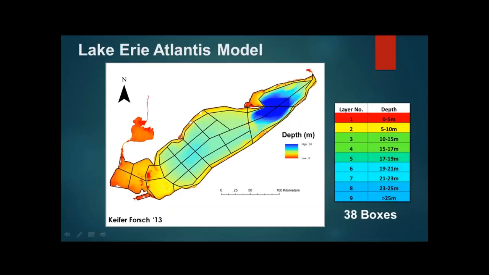This is the map that Atlantis uses for Lake Erie. So this is the Lake Erie that Atlantis knows. It has 38 boxes. The different polygons reflect management units, like the walleye and the yellow perch management units. It reflects ecological zones and environmental stressors, like the plumes that come in from the different rivers. And we have a lot of boxes in the Central Bay because we wanted to be able to better track hypoxia in that area. This map was created by Kiefer in 2013. So we have 38 boxes and we have 9 vertical layers. So it's a 3D model.